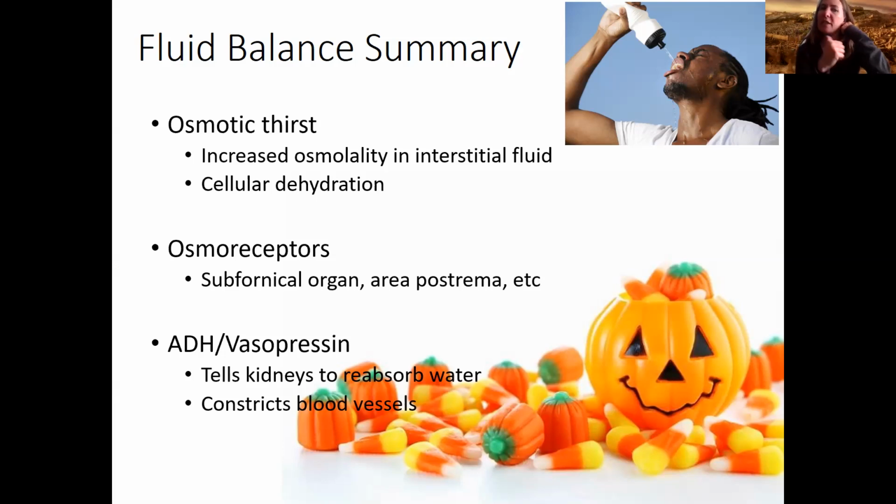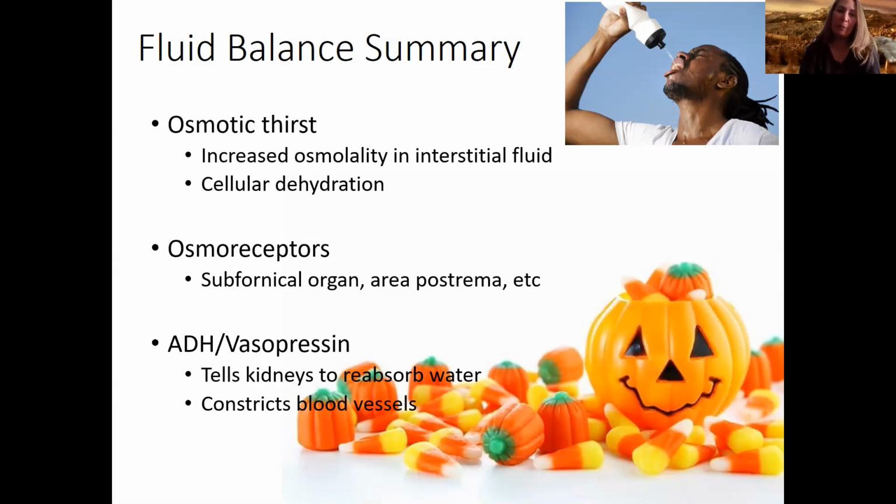Cellular dehydration is picked up by the osmoreceptors, which are found in the subfornical organ, the area postrema, and the hypothalamus. These are areas of the brain that are not covered by the blood-brain barrier. The subfornical organ in particular, which is by the third ventricle, will signal to the hypothalamus to release vasopressin from the supraoptic nucleus and the paraventricular nucleus of the hypothalamus, which of course is released from the posterior pituitary